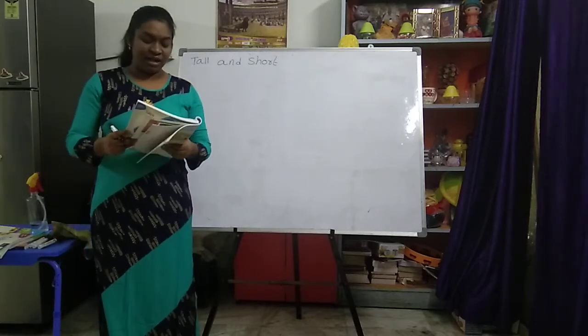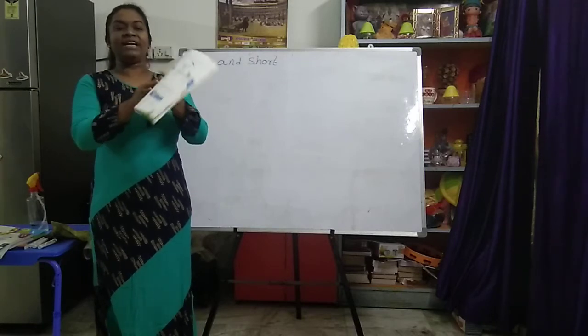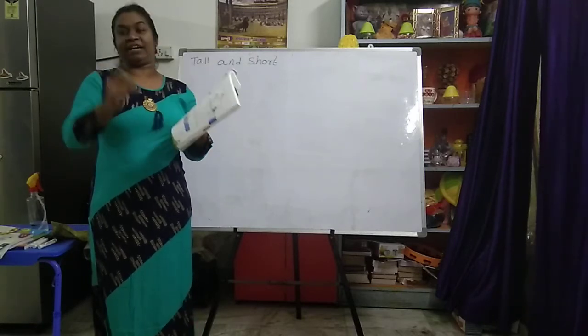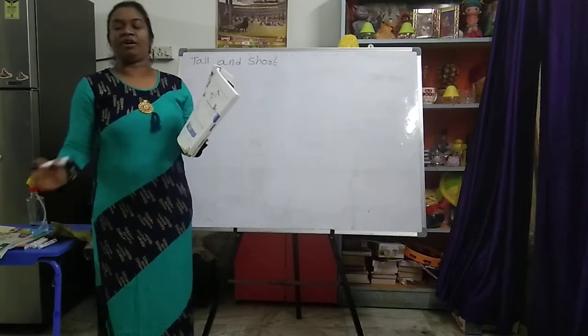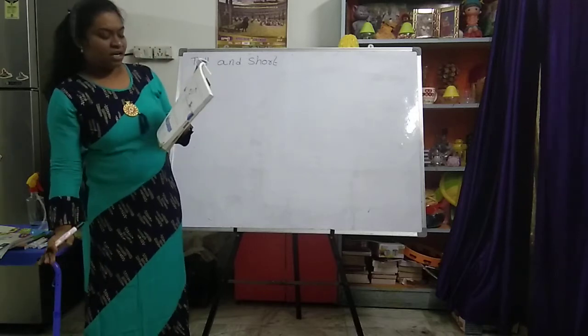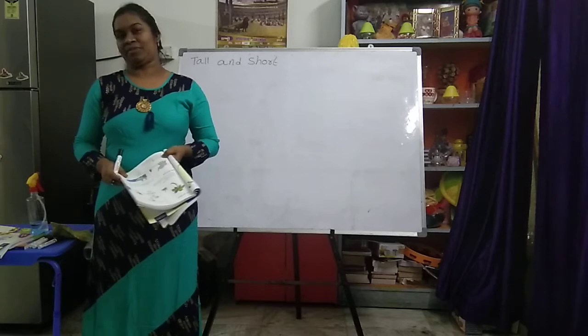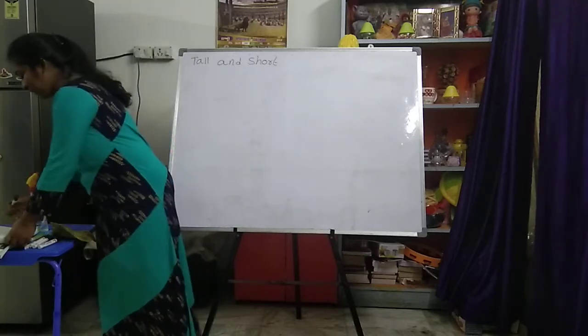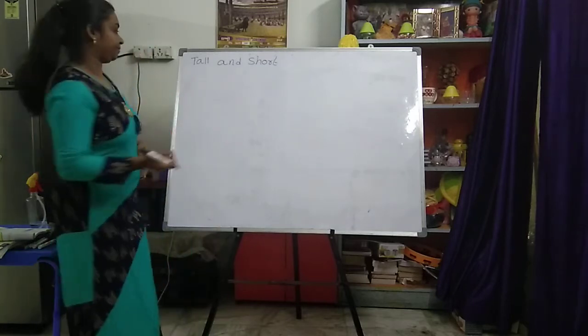For example, here you can see one coconut tree. Yes, that coconut tree is a tall tree. And you also can see grass. So grass is short. Coconut tree is tall, whereas grass is short. So coconut tree is taller than the grass. Understood? Now I'll draw few pictures here. You tell me which is tall and which is short.